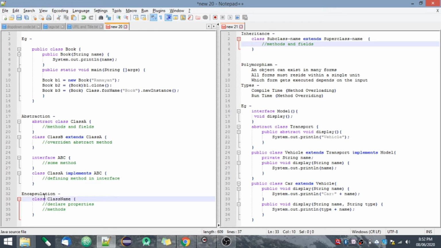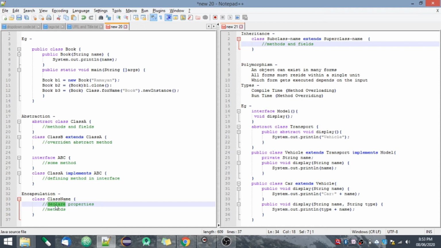Encapsulation acts as a protective shield that prevents the data from being accessed by the outside world. It is used to achieve data hiding as well as abstraction, because if you declare something private within a class, then other classes won't be able to access it, and its implementation details will also be hidden from the end user.